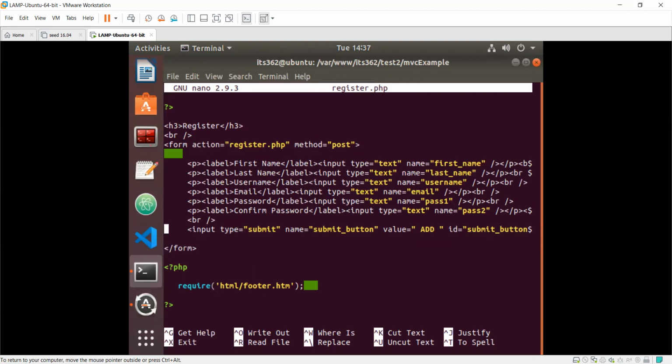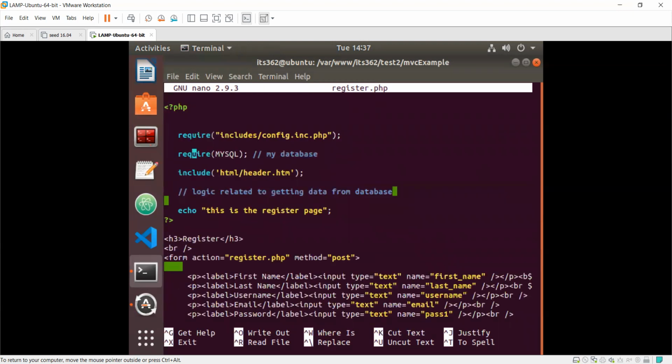That's our form. Okay, at the bottom of the form, notice that all we have is the footer. So we have HTML footer there. So then we should probably get rid of this echo. We don't need that anymore. We can get rid of this. And now,